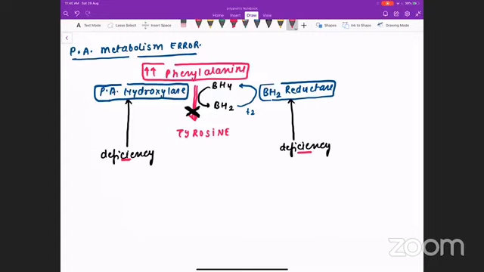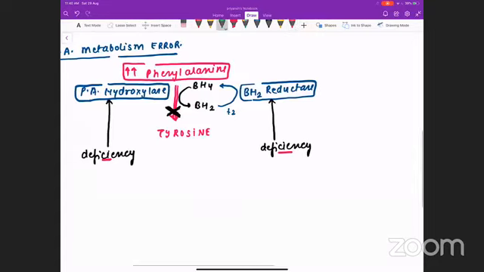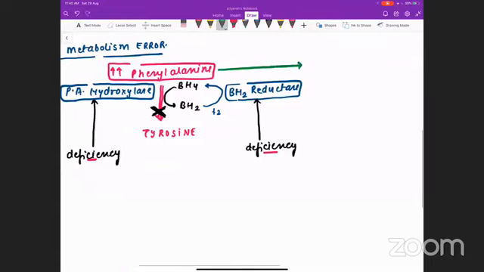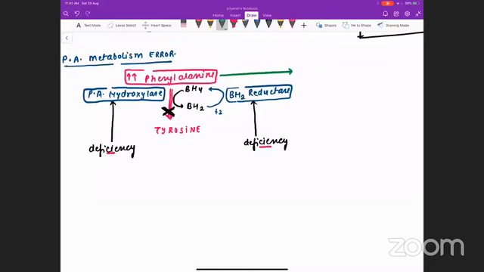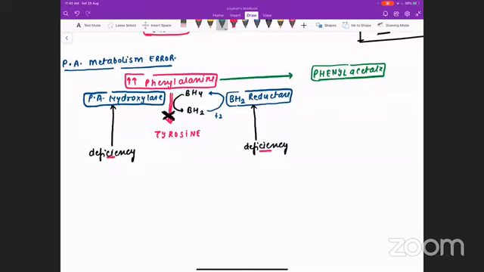This increased amount of phenylalanine can enter into an alternate pathway and can convert into a molecule that is called phenyl acetate. Usually phenyl acetate will not be formed. This is only possible if the phenylalanine is getting accumulated in the body. Then you are going to get phenyl acetate. This phenyl acetate is nothing but the ketone version of phenylalanine.